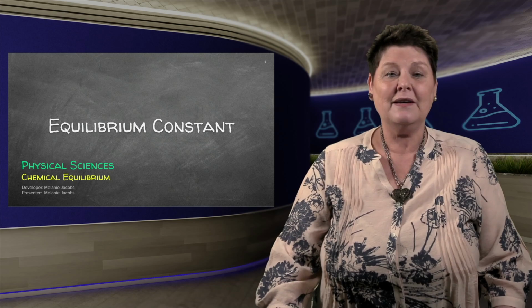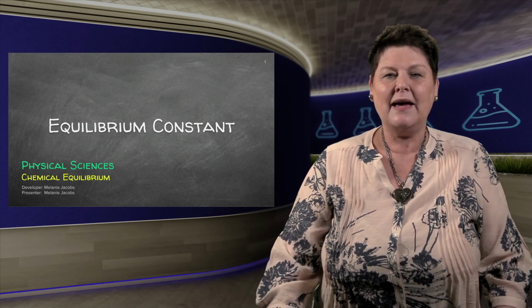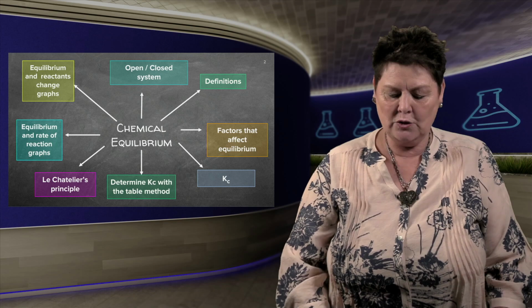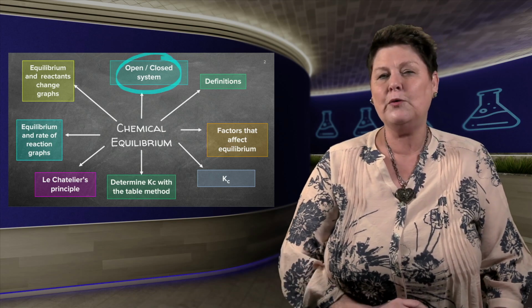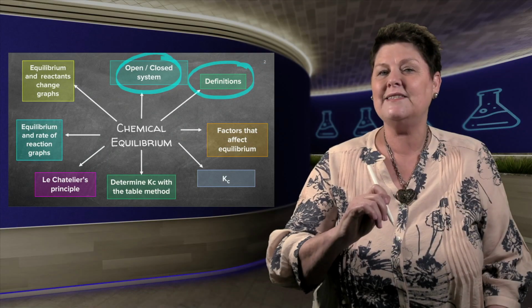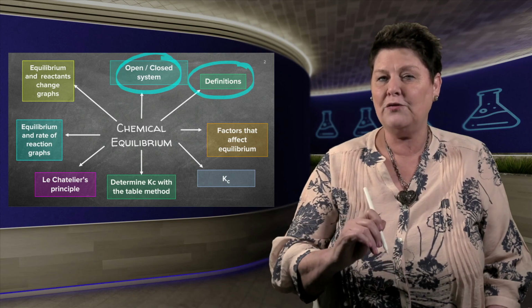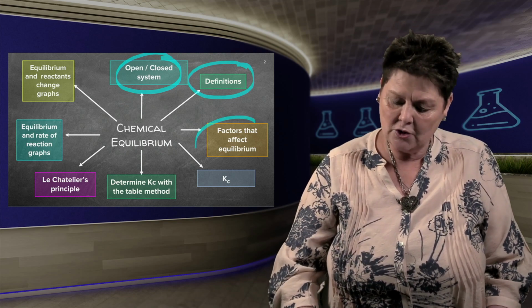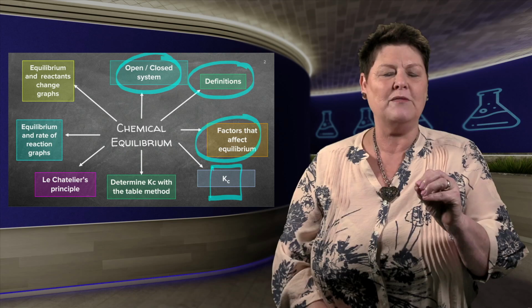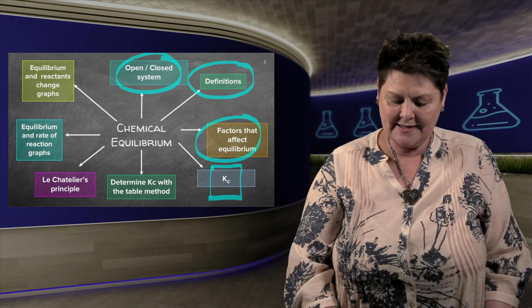We're busy with chemical equilibrium and we're now going to move towards doing some calculations. So let's just have a look. We said we have to know if it's an open or closed container, and if it's an open container, there won't be any equilibrium. We define chemical equilibrium as those reversible reactions where the rate of the forward is exactly the same as the rate of the reverse reactions. We had a look at the factors. We're going to now concentrate on a new term that you've not heard before, and that is Kc.